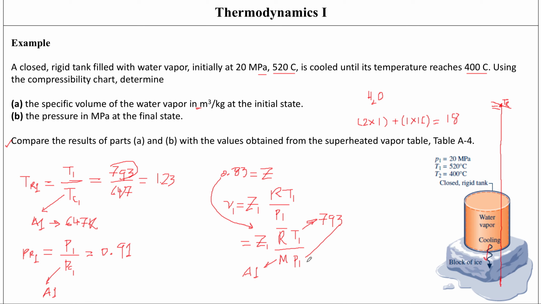And I've got R dash, which is going to be 8314 Newton meters per kilomole kelvin. So I've got everything given now, and I can work out the value for V1. You can do this yourself, see if the units are consistent or not. I'm just going to tell you what V1 is going to be equal to. It's going to be 0.015